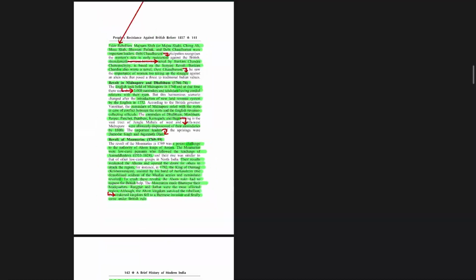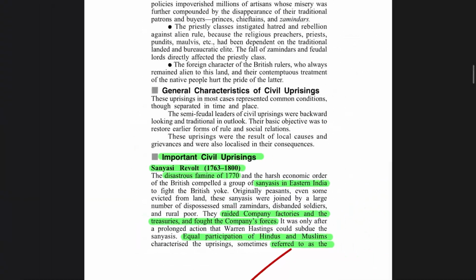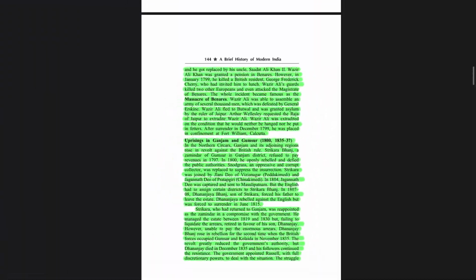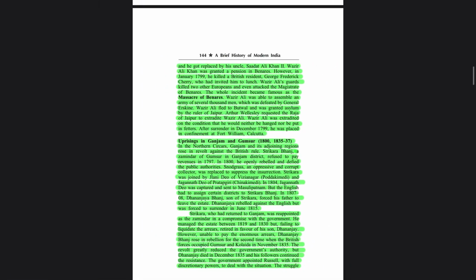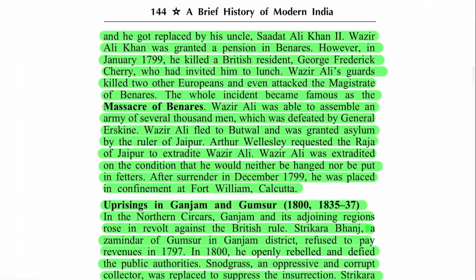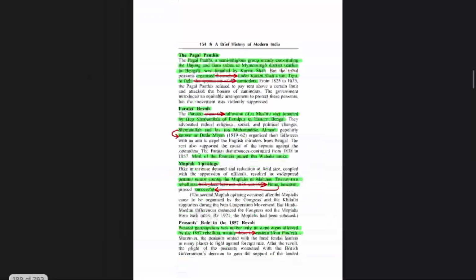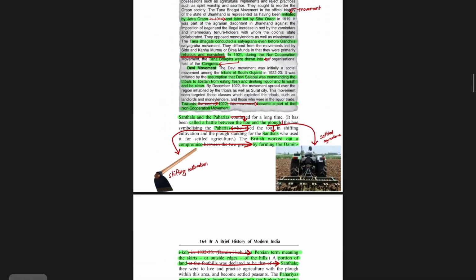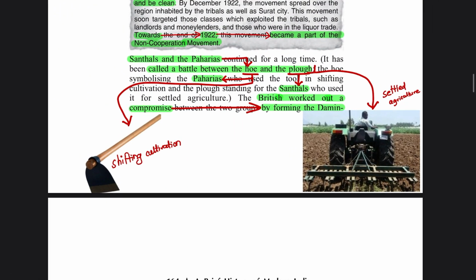Again, as you can see, most of the points have been highlighted, right? On this page there was so much data that I thought the entire page was important, so I ended up marking the entire page. I ended up highlighting the entire page. Similarly, if I go down this way,